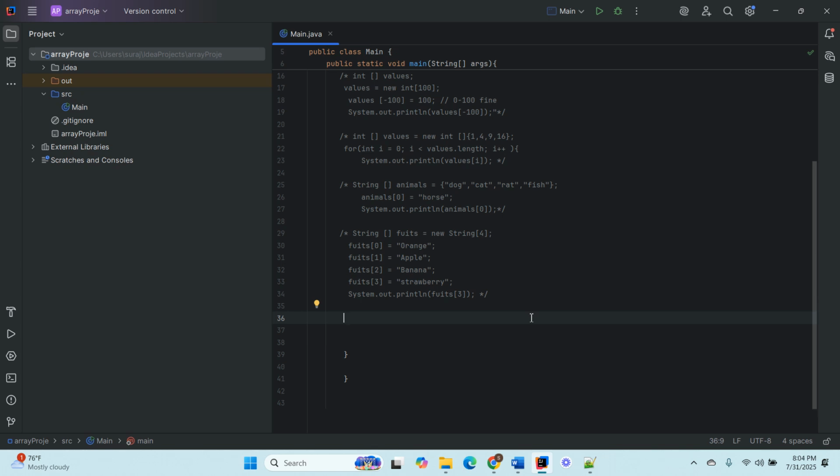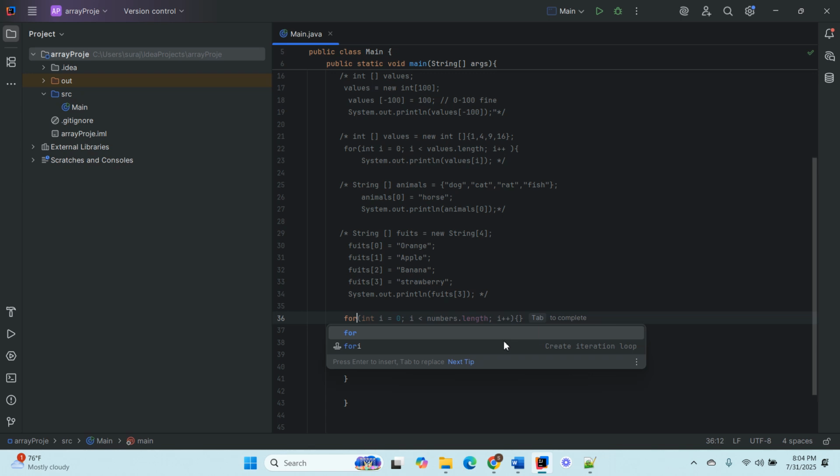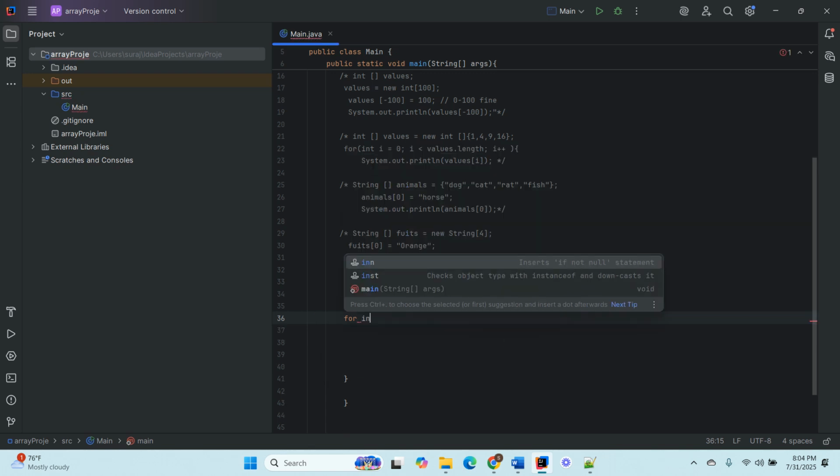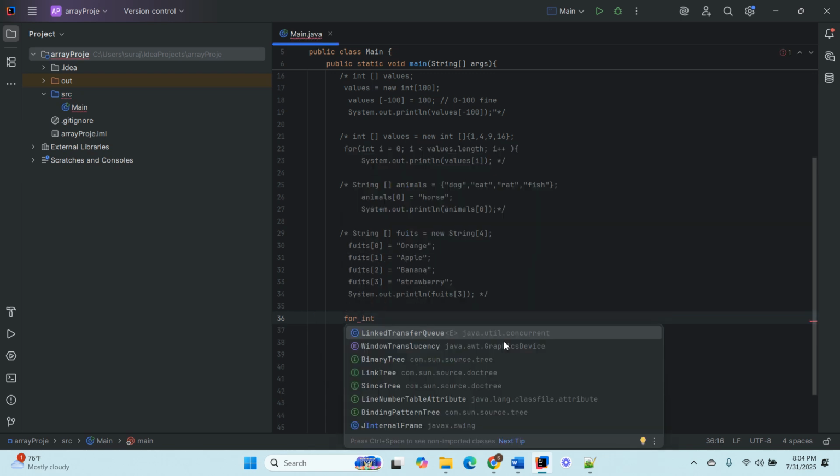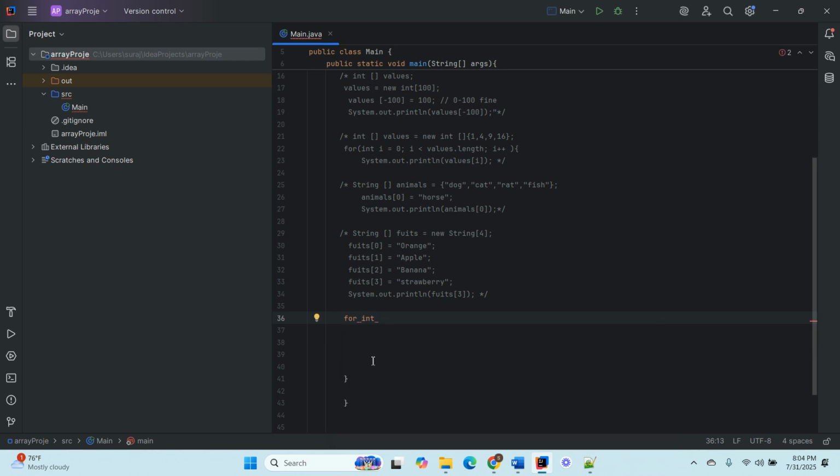To return all the elements, you have to do it in a different way. Let me check if it works, if I have not forgotten that. For int, for int,